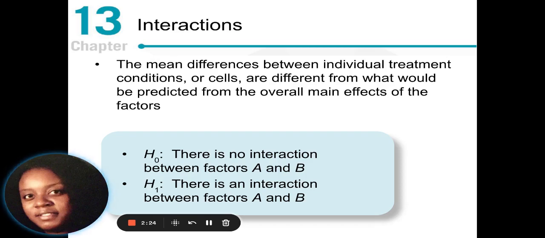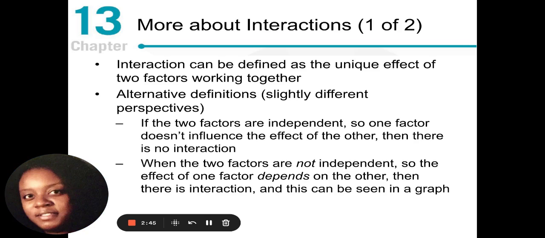We can also have interactions where the mean differences between individual treatment conditions or cells are different from what would be predicted from the overall main effects of the factors. If the null hypothesis is rejected, there is an interaction between factors A and B. And if the null hypothesis is retained, that means there is no interaction between those factors A and B. The interaction can be defined as a unique effect of two factors that are working together,